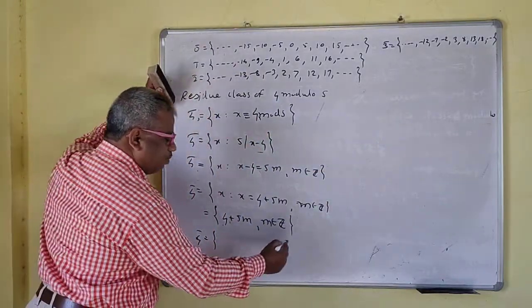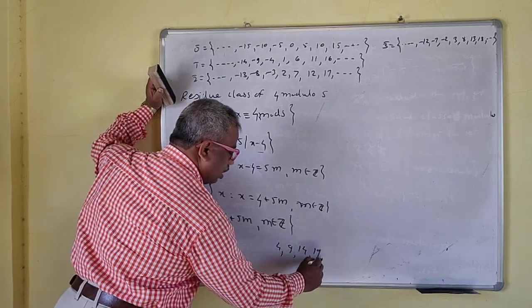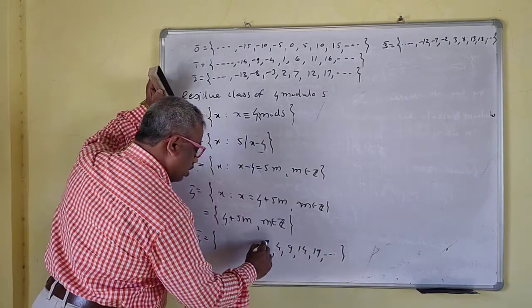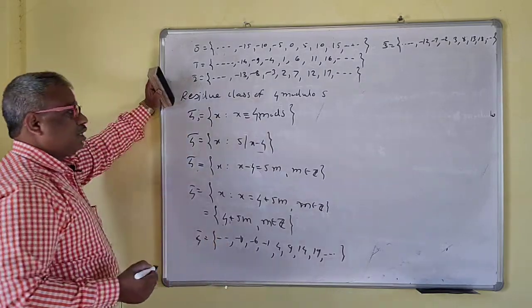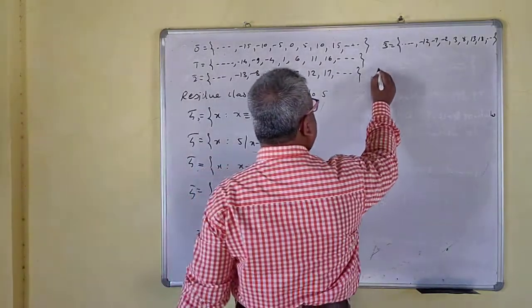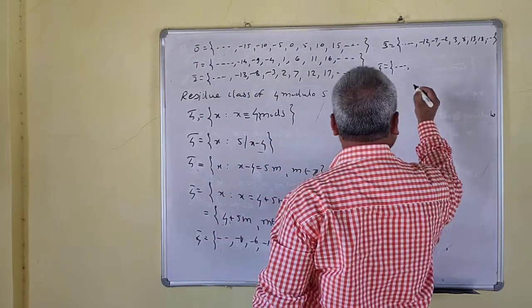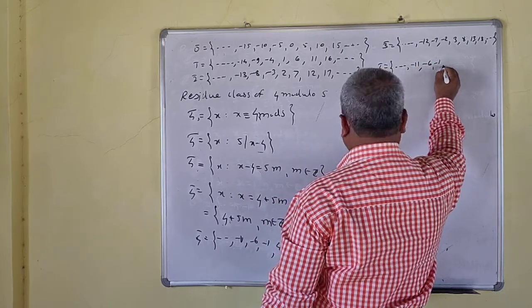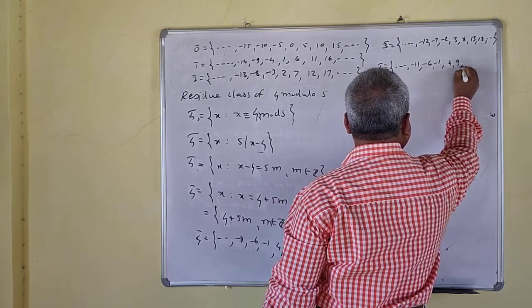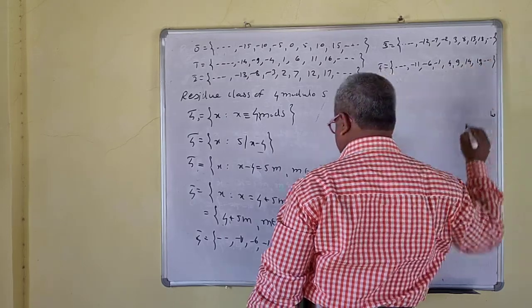Okay, so go on adding 5 now. So 9, then 14, 19, dot dot dot. Then this will be minus 1, minus 6, minus 11, dot dot dot. Okay, so we'll write 4 bar. So we'll see the magic now. So this is minus 11, minus 6, minus 1, then 4, 9, 14, 19, dot dot dot.